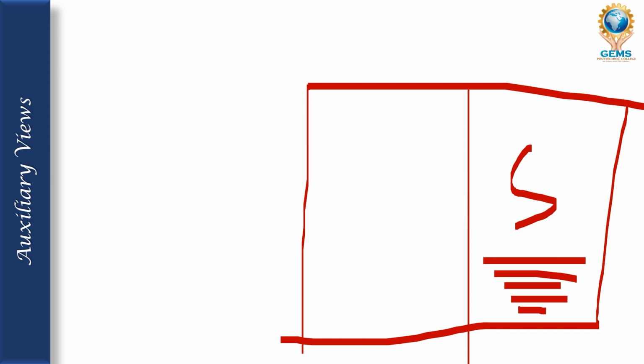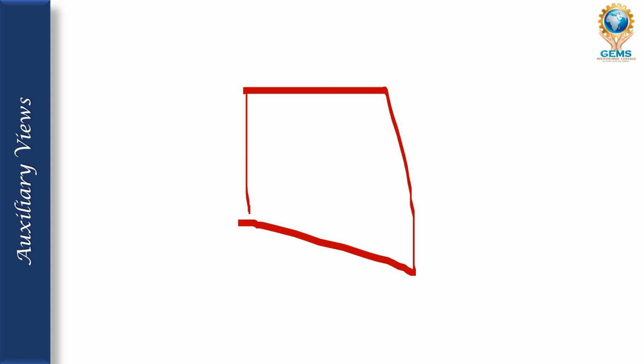So this one you all already know, and how to give the border line at what distance, everything you know. Only one thing changes here. In every drawing sheet you draw the front view here, side view here. But we are not going to draw the side view here, we are going to draw the auxiliary inclined plane in this area. So now see the drawing as per the given sum, how we are going to draw.